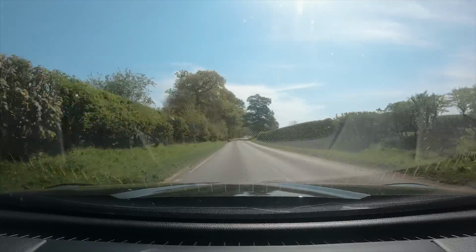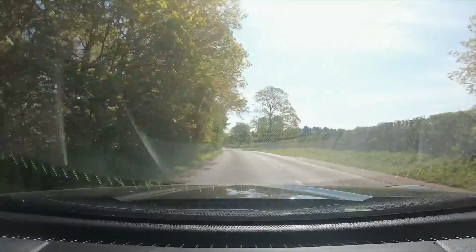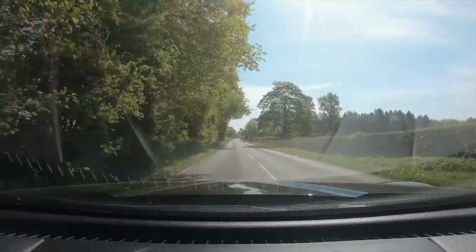of the rev range, but when you look at the dynagraphs, they seem really consistent in the way that they deliver power. Peak torque is about 5,200, which is where I've just passed, and it's bloody great fun, man. 1,350 kilos,